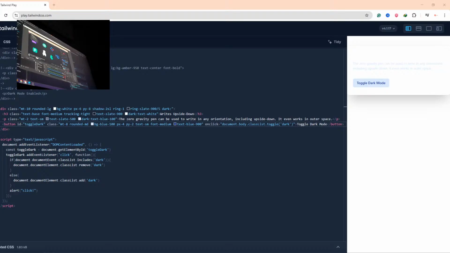And let's say this color, and I want to make this div full screen. Remember how we are using this in CSS? We are using height